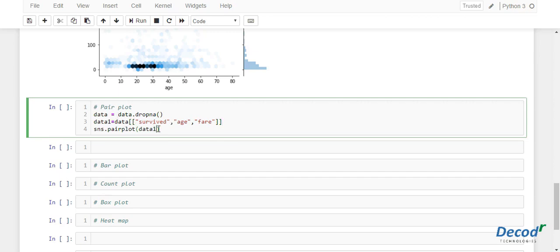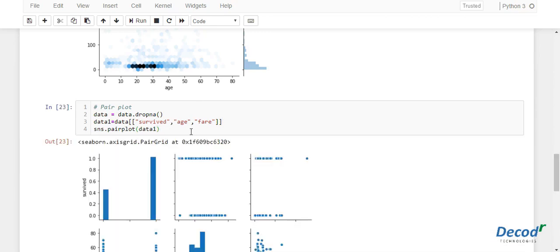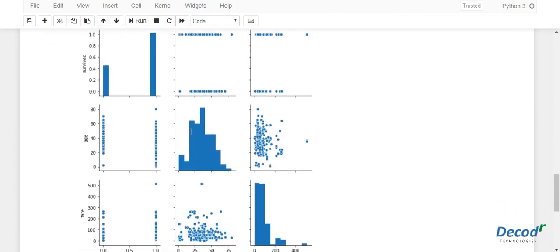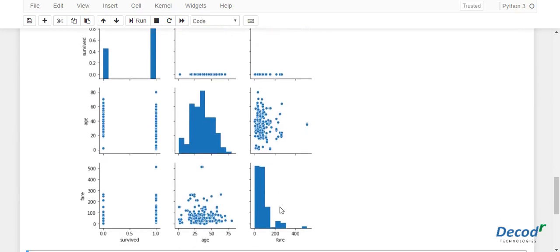and now if we execute this, yes, the pair plot has been plotted, so you can observe that the diagonal ones are the autocorrelation, that is survived with survived itself and age with age itself, and the remaining are the joint plots between different columns.